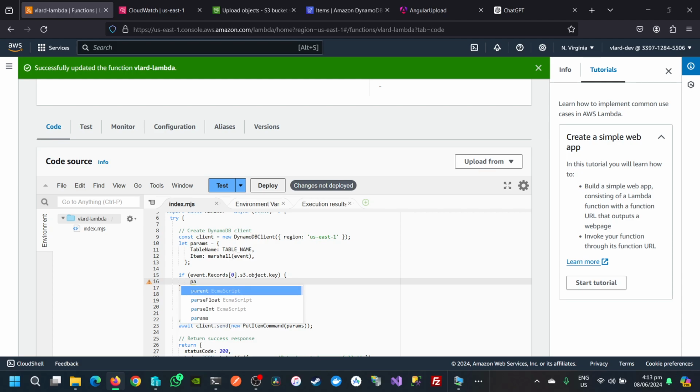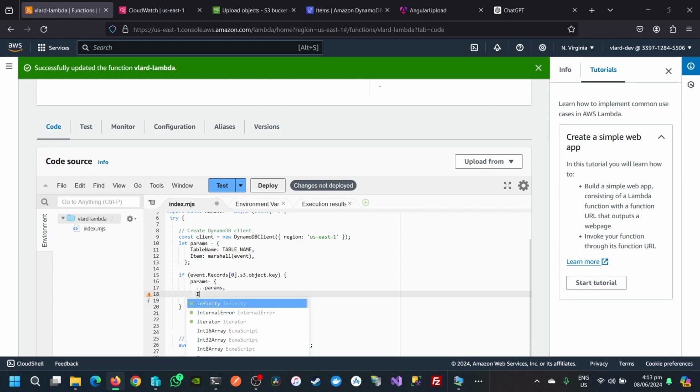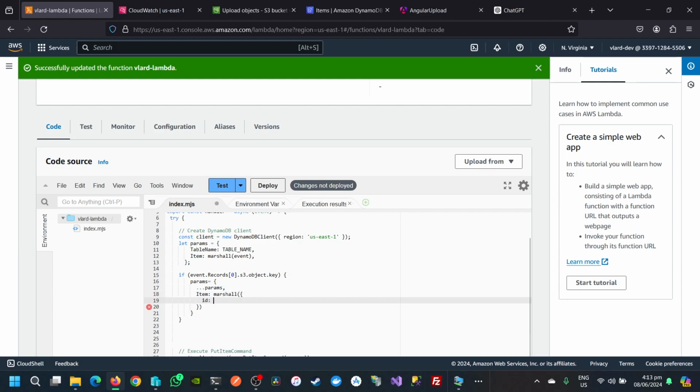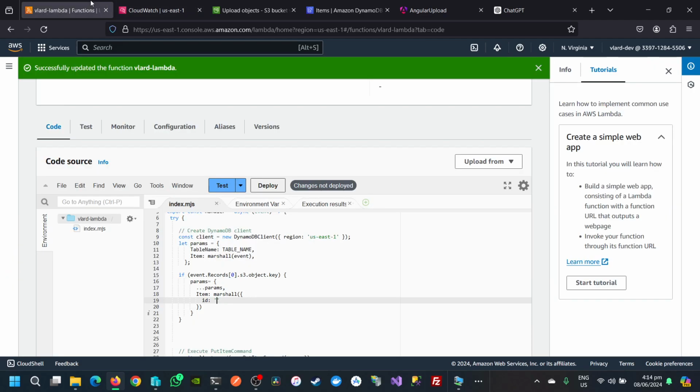It's going to be params item marshall, and ID is going to be the ID, the ETag, sequencer, maybe sequencer, object dot sequencer,